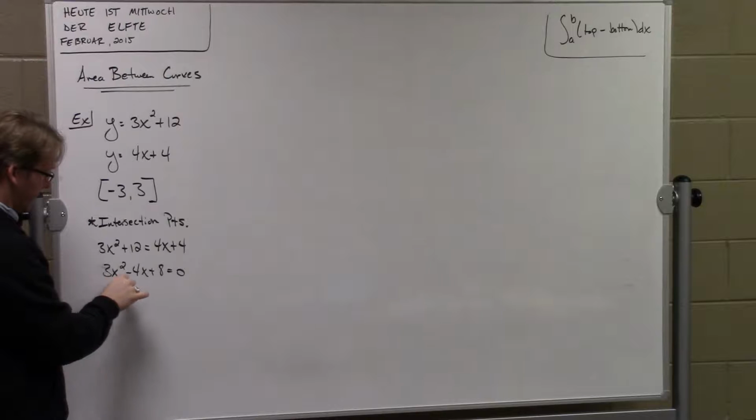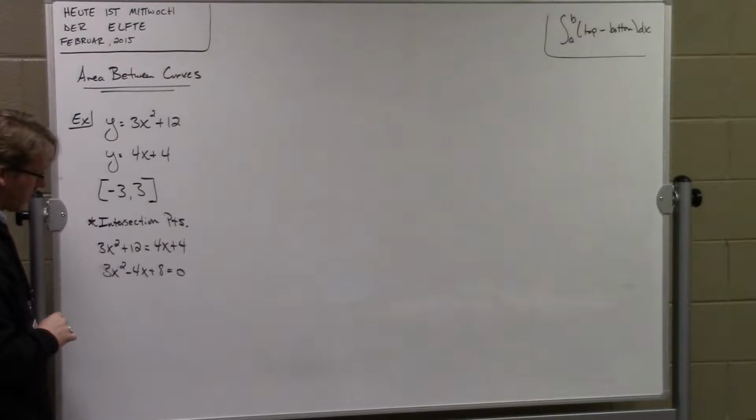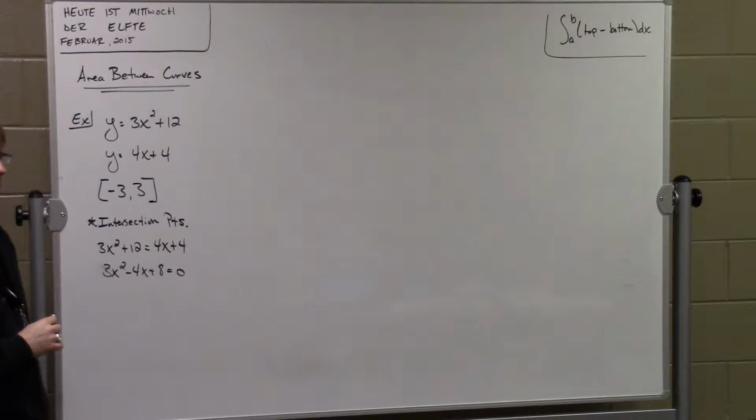Go with AC on this one. 3 times 8 is 24. Factors of 24 that add up to -4. Okay, if they're going to multiply to give you positive 24 but add up to -4, that means they both have to be negative. And there isn't a big enough negative number to give you a -4 in the middle, so it's not going